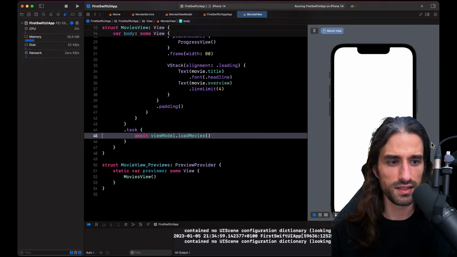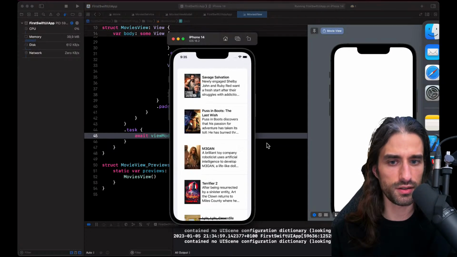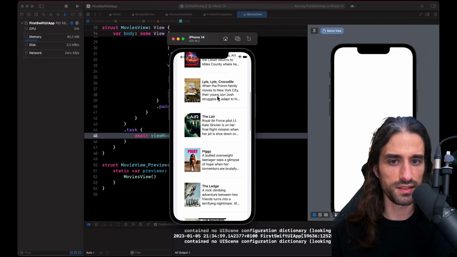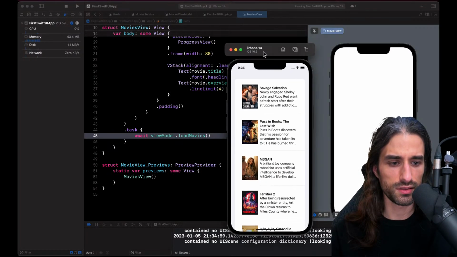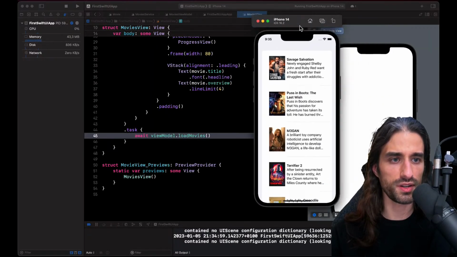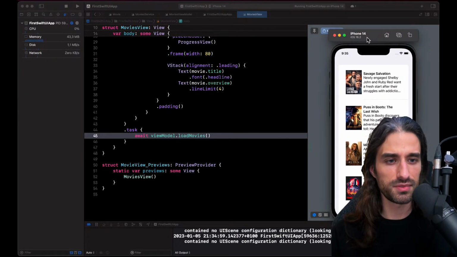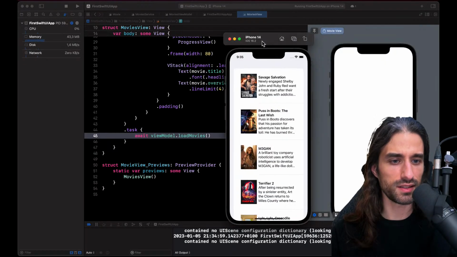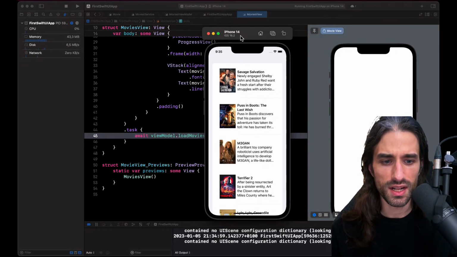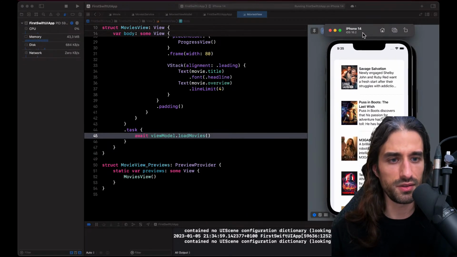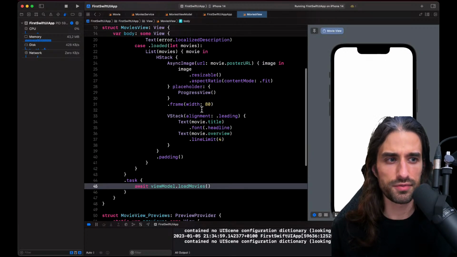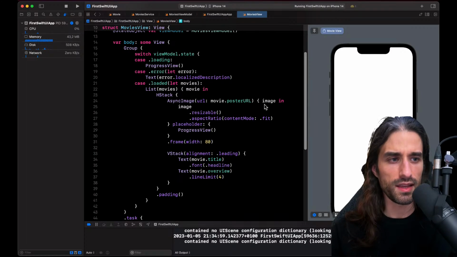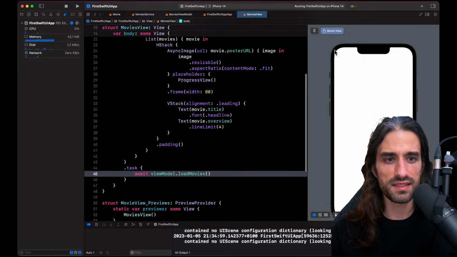But at least if I use the simulator, you can see that in the simulator, it's working. So for some reason, the preview doesn't want to work right now. It can happen sometimes in SwiftUI, in Xcode, that the preview becomes a little bit annoying. We will see if it starts working better. We'll be using the simulator for now.